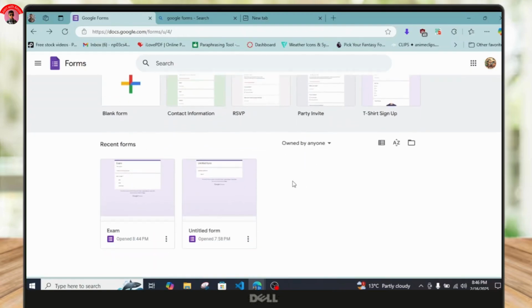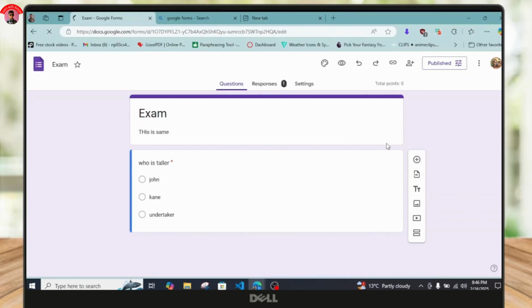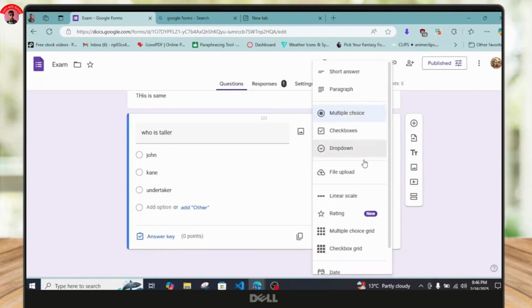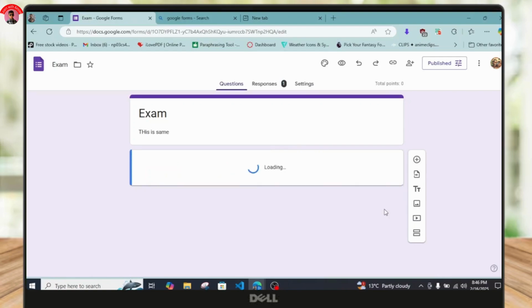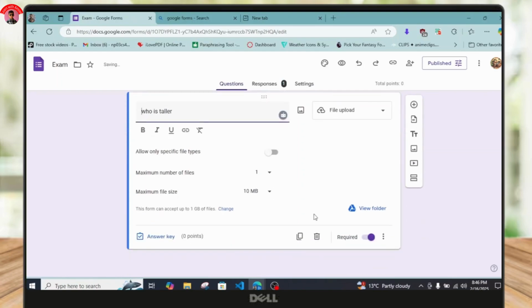Once you're inside here, just tap on any of your already created forms. From here, you will see this option called multiple choice. Simply tap on it and click on file upload. What it does is basically tell the user, whoever is viewing this form, to upload a file instead of choosing the options like before. Simply tap on continue and wait for some time,